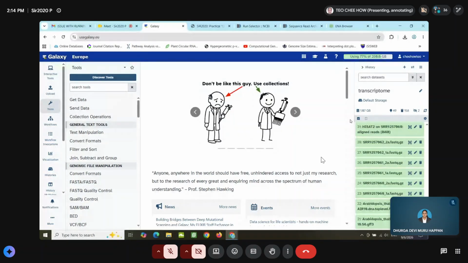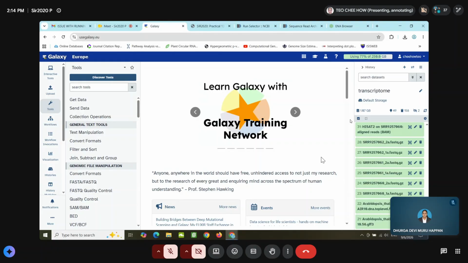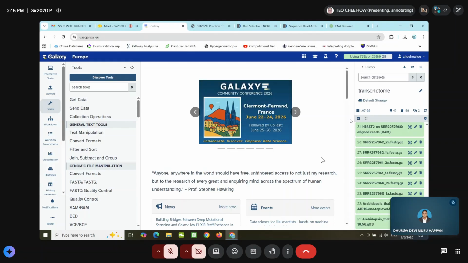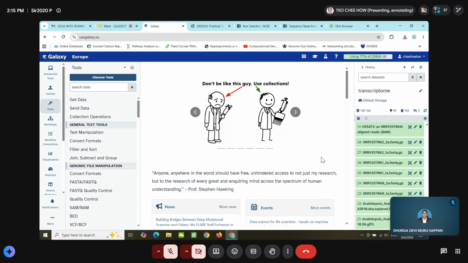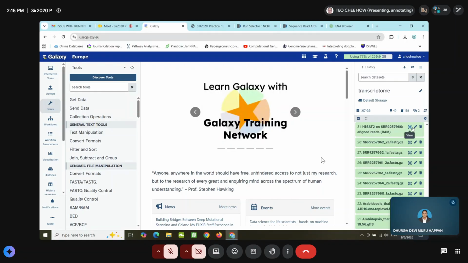So what do we need to do after that? The real experiment will start. What is the first step of your real experiment? Align the RNA transcripts to the reference genome. Yes, correct. So you want to align and map the RNA-seq short read data to the reference genome. To map, we use an aligner or mapper, what we call HISAT2.